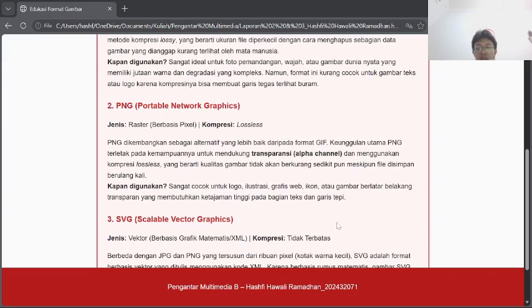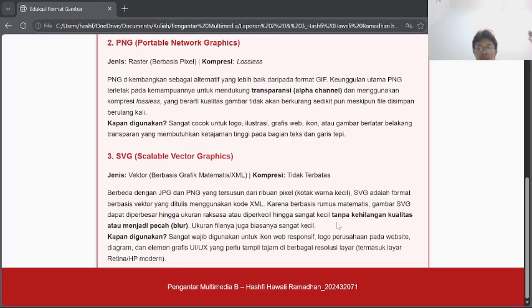or Portable Network Graphic. Unlike JPG, PNG uses lossless compression, meaning the image retains perfect quality no matter how many times you save it. Crucially, PNG supports an alpha channel, which allows for transparent backgrounds. This makes it perfect for web UI graphics, logos, and illustrations that need to sit seamlessly on top of colored backgrounds.